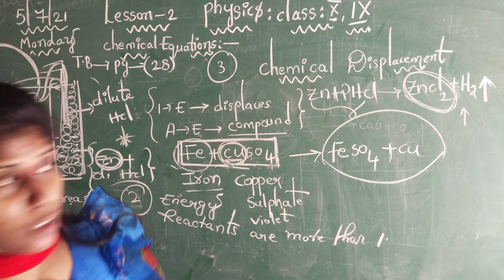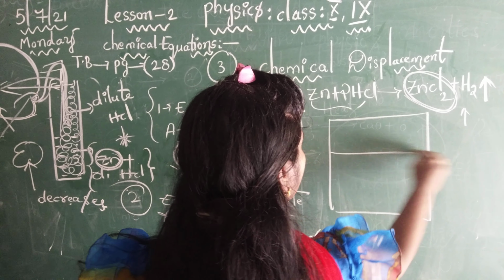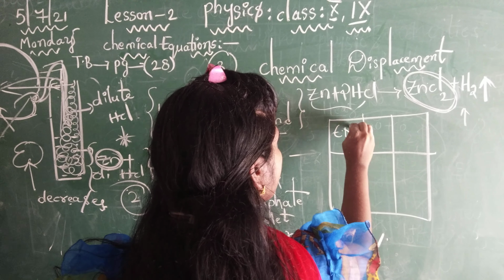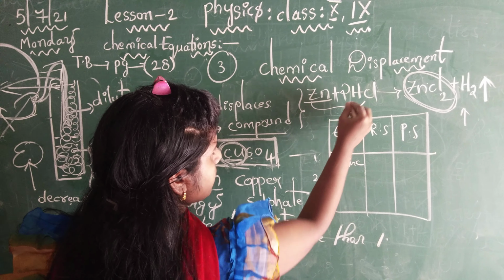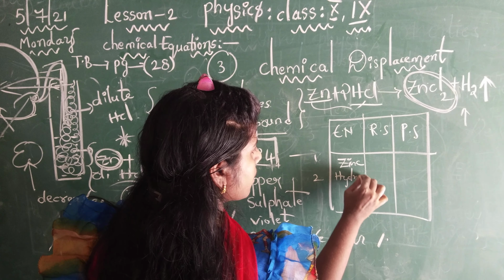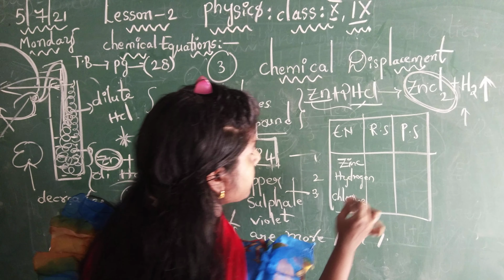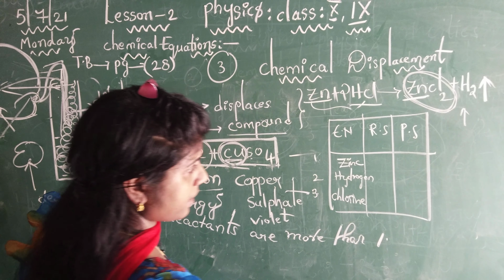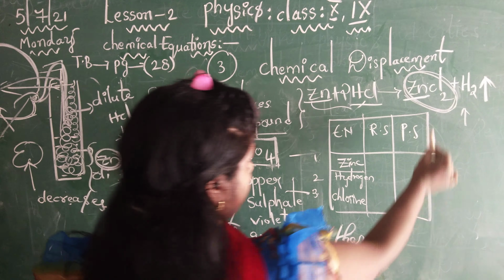Now write down the table or column for this chemical equation also. List out element name, reactant side, product side. The first one is Zn, zinc. Zinc is denoted with the symbol Zn. The second is hydrogen. The third is Cl, chlorine. Chlorine is denoted with the symbol Cl, right? Next Zn, zinc, is already written, so no need of writing it a second time. Cl, chlorine, no need of writing. H2, hydrogen, no need of writing. Now calculate the coefficients.